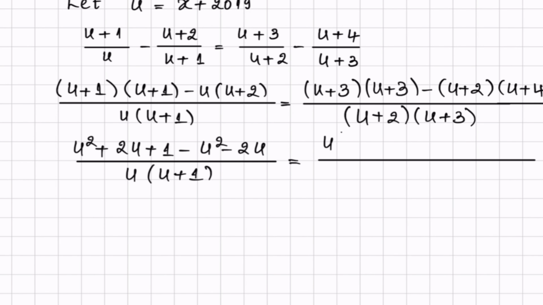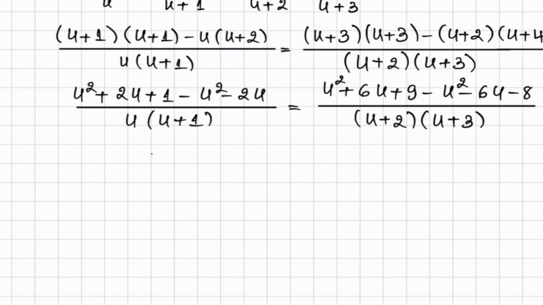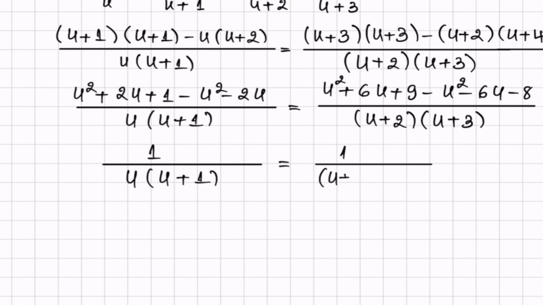We will get u square plus 6u plus 9 minus u square minus 6u minus 8 over u plus 2 over u plus 3, and we will get 1 over u multiplied with (u plus 1) equal to 1 over (u plus 2) over